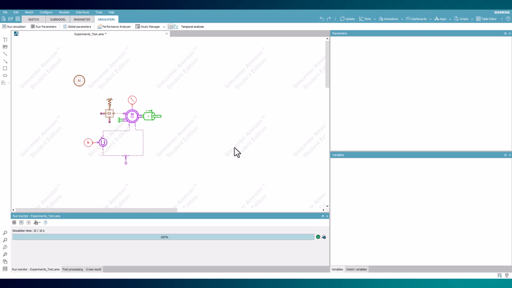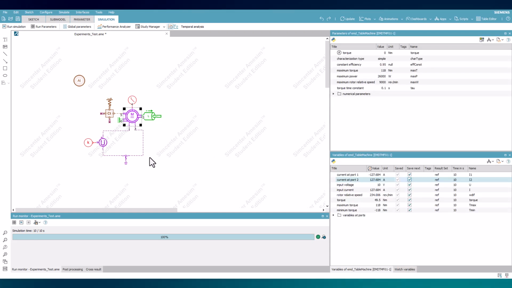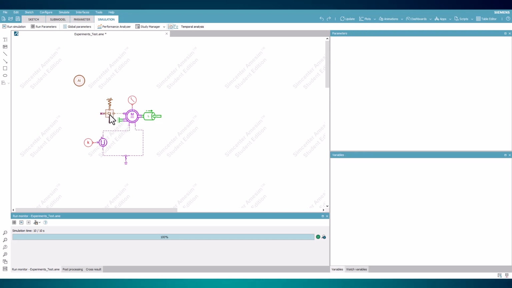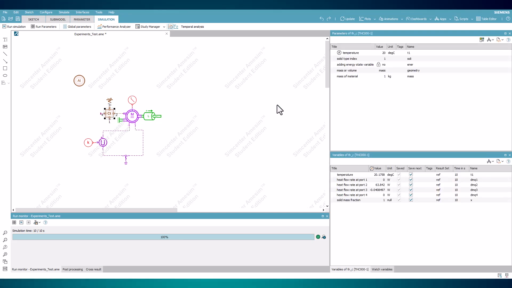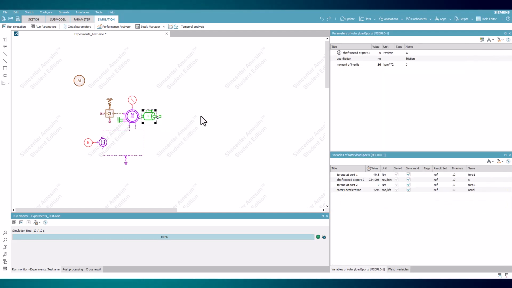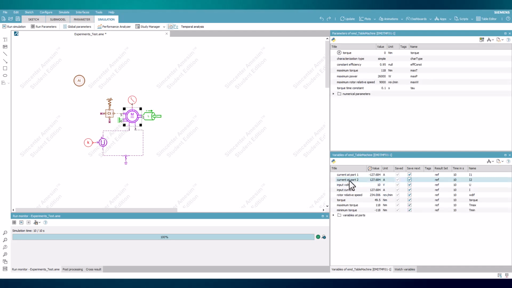For this simulation, we begin with the model of a simple electric motor with a constant voltage supplied of 10 volts, following a torque command to increase from 0 to 50 Newton meters in 10 seconds. The thermal behavior of the motor's housing is reflected with an aluminum thermal mass weighing 1 kilogram and experiencing convection with the surrounding air. The motor is driving a shaft that has a moment of inertia of 10 kilograms meters squared without friction. One simulation has been performed on the model, with results available for current drawn by the motor, as well as the shaft speed.